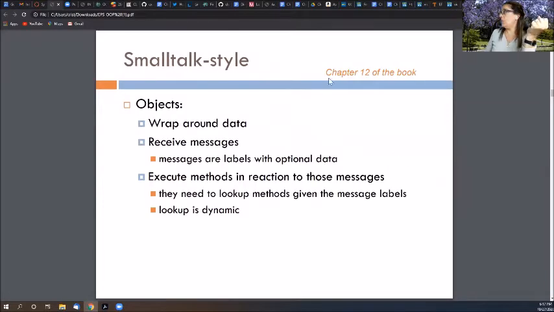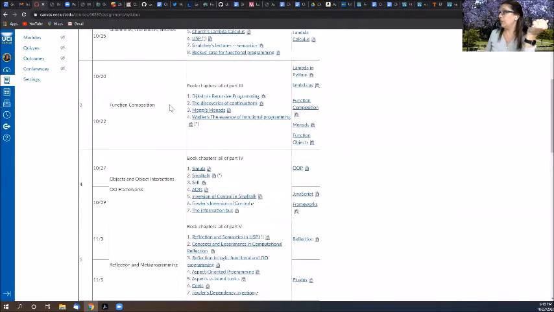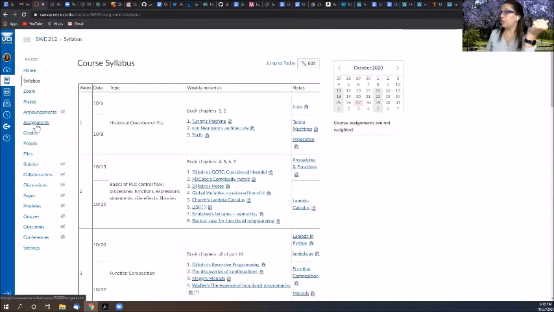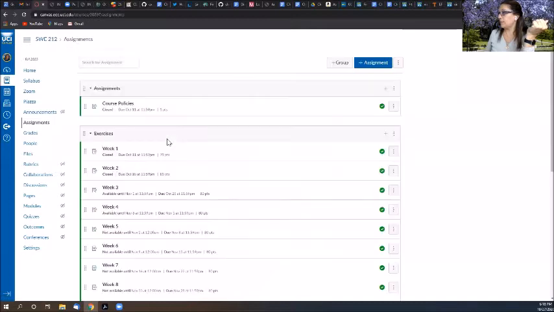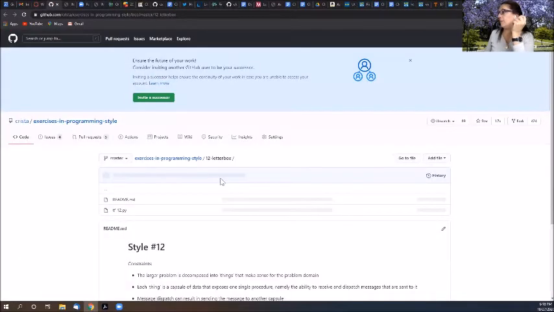So this is more or less the model of chapter 12 of the book, which is, I believe, one of the exercises. Let me make a pause here and just go to the assignments this week. Right, so chapter 12, which is